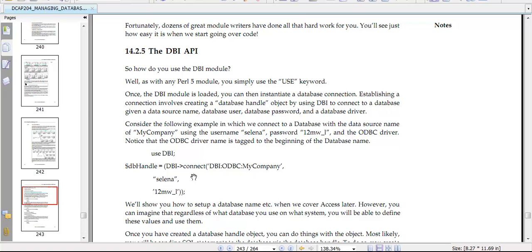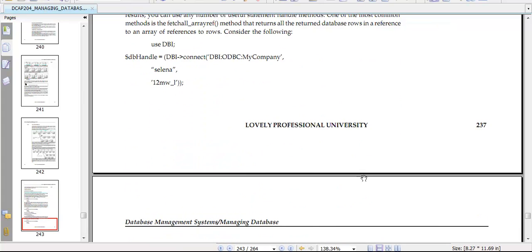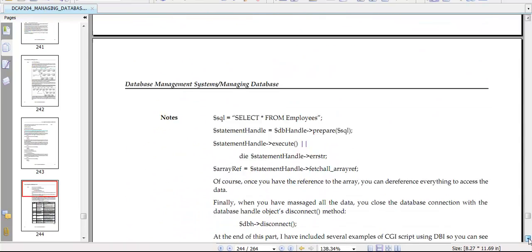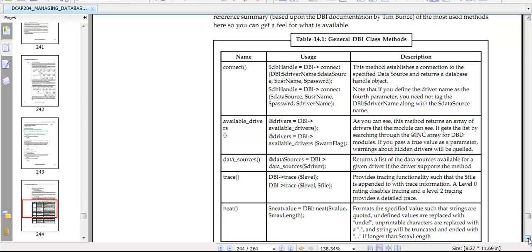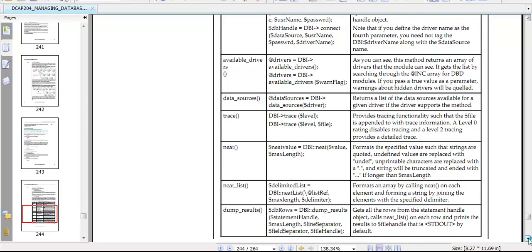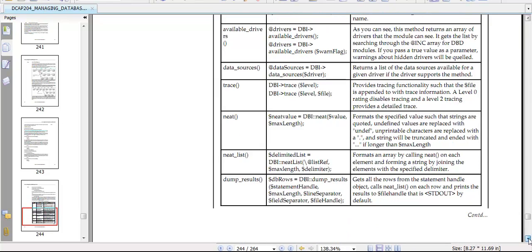What is the DBI API? Well, with Perl 5 you use the use keyword: use DBI, sub handle, connect, my company. So that's how we'll handle things on the Perl side. So usage and description, connect, usage, available drivers, data source, trace,